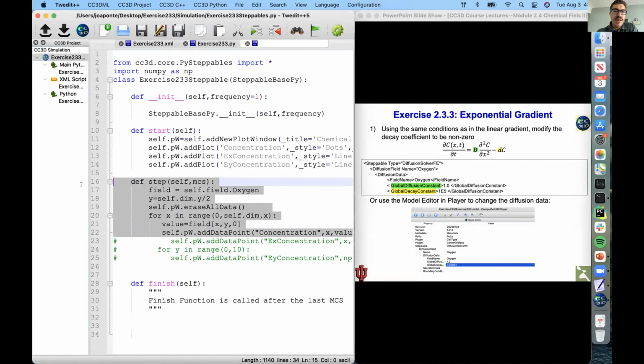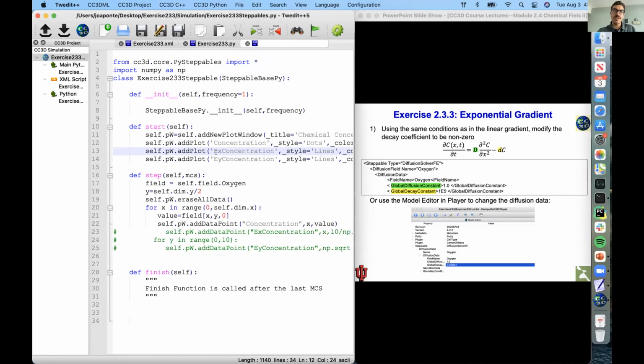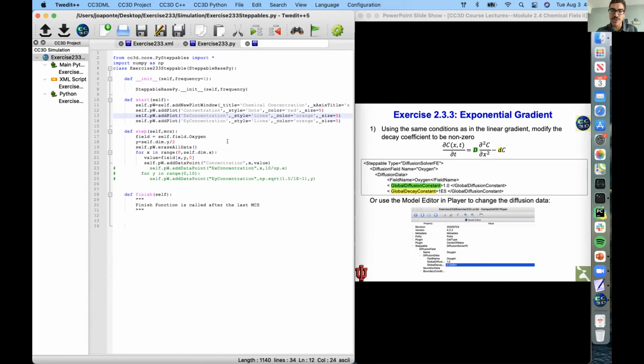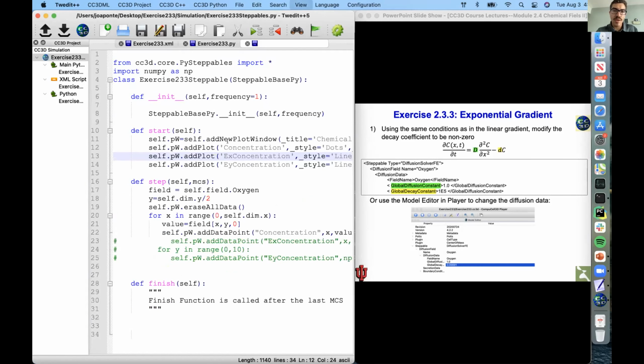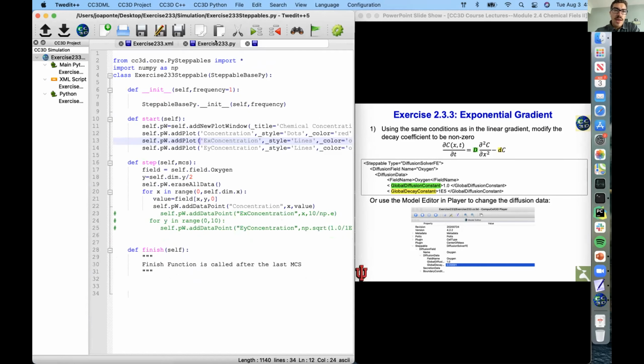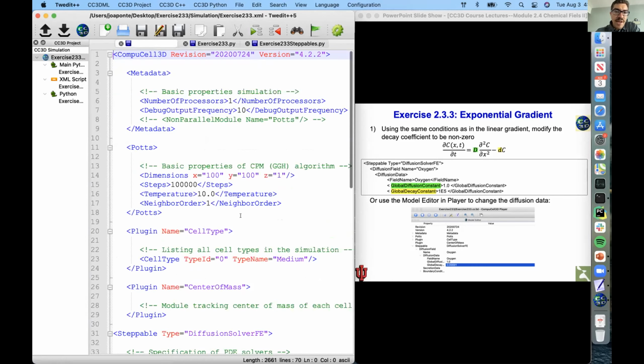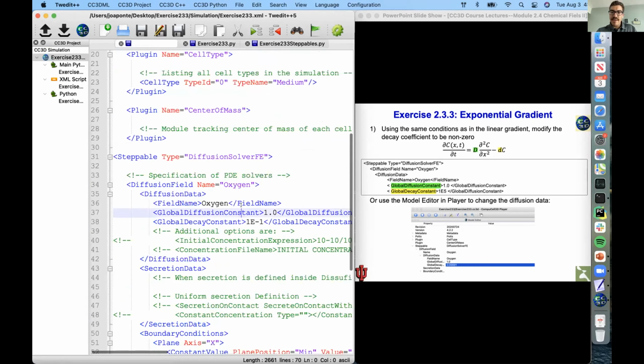We can see that I'm plotting the concentration of the field by measuring the concentration across my simulation domain. And in the XML, I can see,